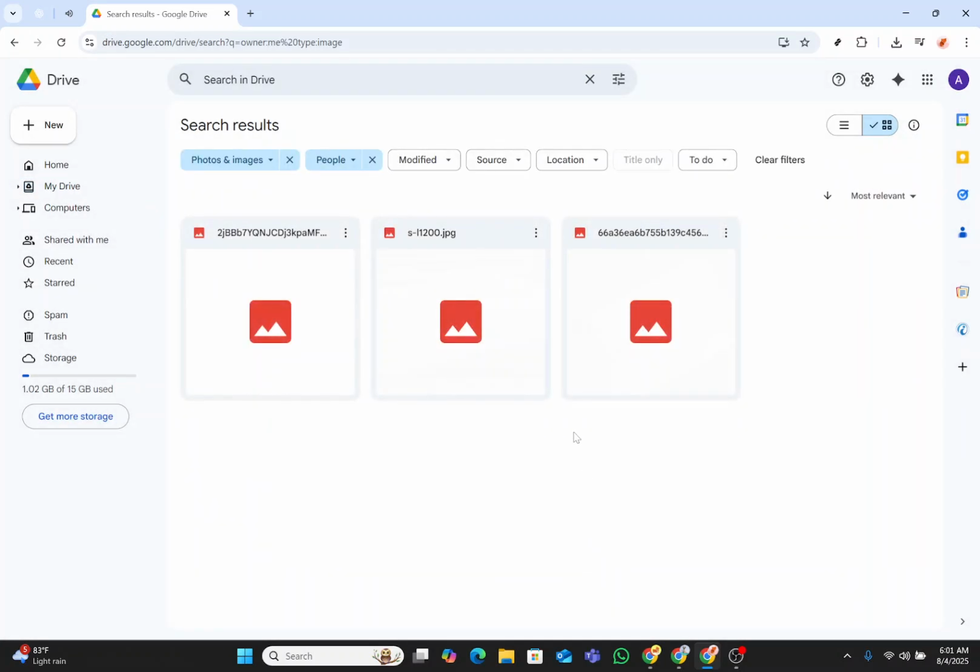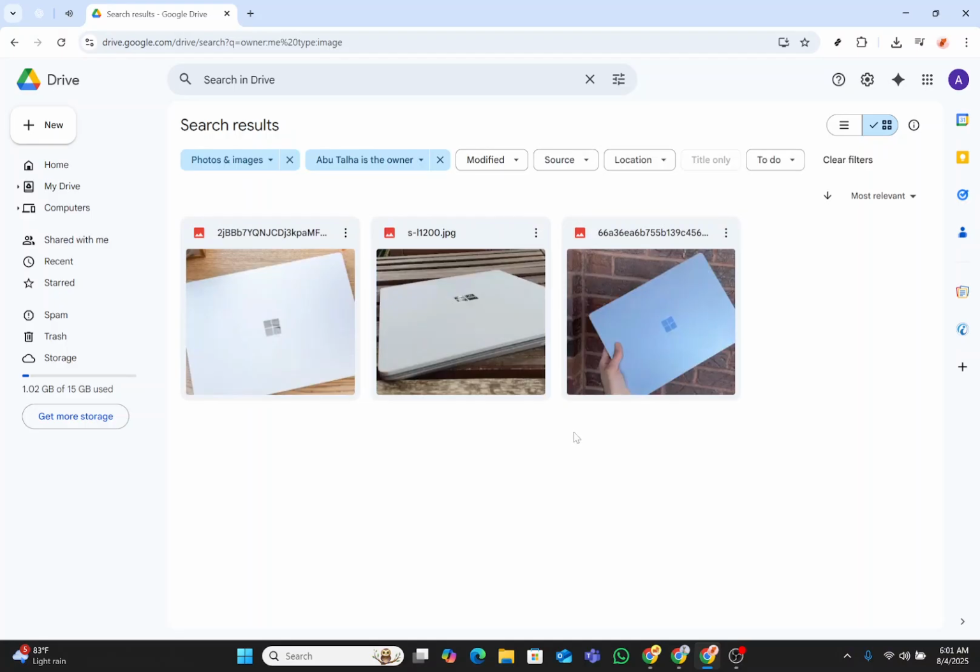and Google Drive will sift through the files to find what you're looking for. And there you have it. You've now learned how to use Google Drive's search functions to uncover hidden files. Using these filters can save you time and help you retrieve those files that aren't immediately